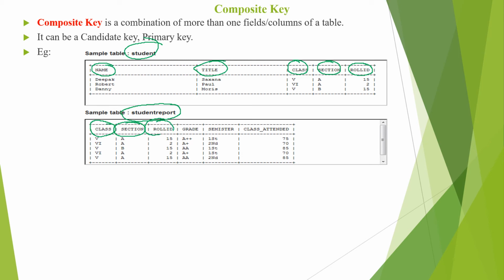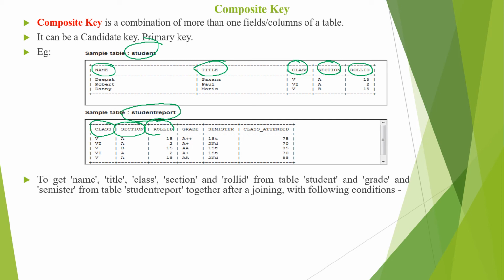So these three attributes are common between the two tables, but in the student table as well as in the student report table, some attributes do not uniquely identify a tuple unless we take two or more columns together. When we identify two or more columns together, then we can identify that particular tuple or column value uniquely. Therefore this kind of key we call a composite key.